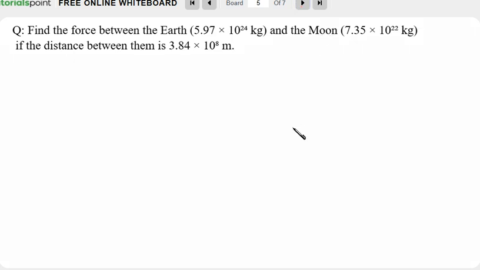Now it states: find the force between the Earth, which has the mass of 5.97 into 10 to the power 24, and the Moon, which is 7.35 into 10 to the power 22, if the distance between them is 3.84 into 10 to the power 8 meters. It might look complex, but it's not that complex. The answer will be, according to the force of gravitation,